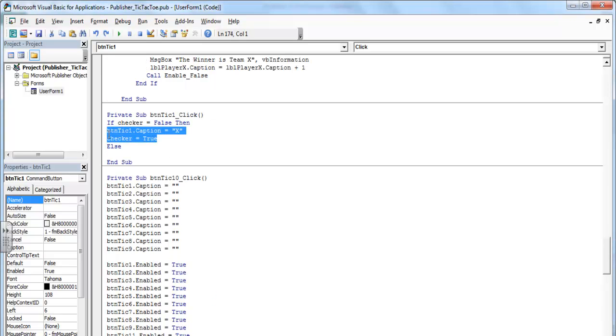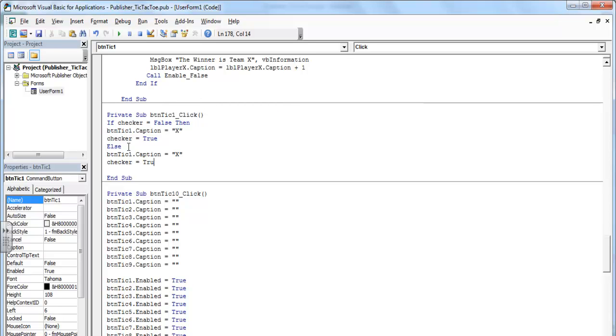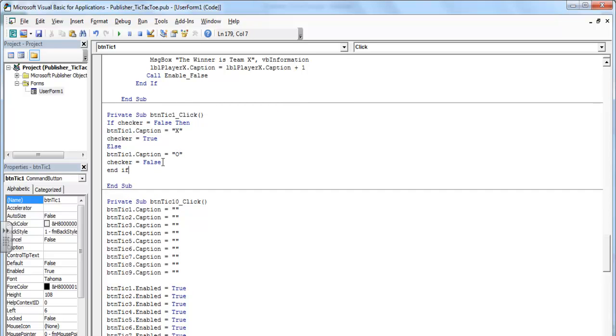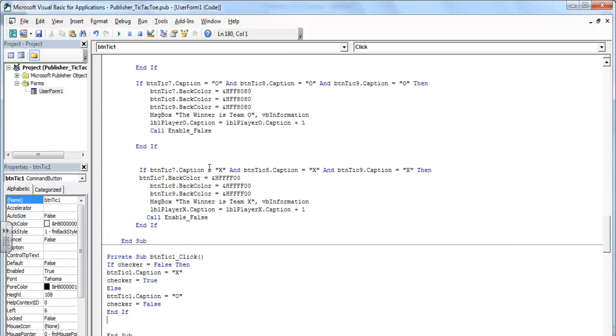and let's just copy this and paste it right underneath here. Then we change this to false, and this becomes right there. And if. Okay, so what will happen then is we have to then call our